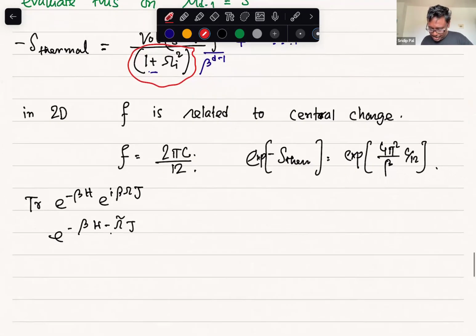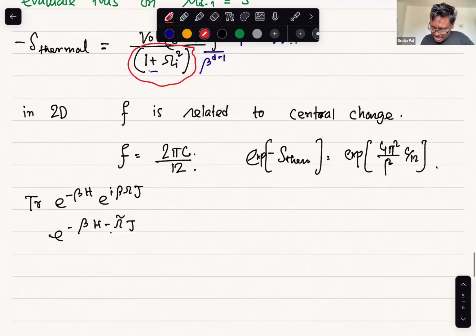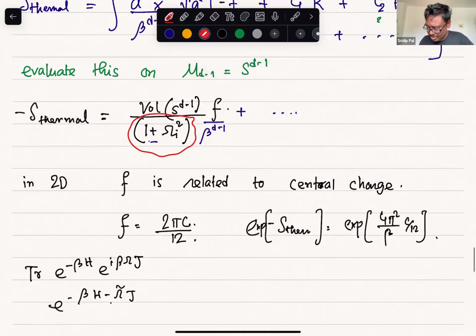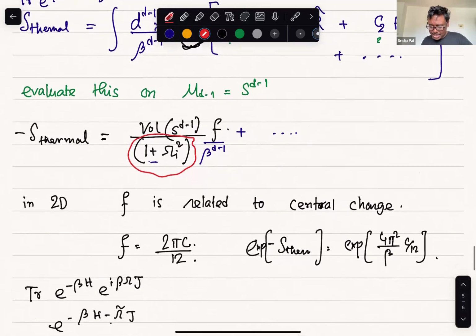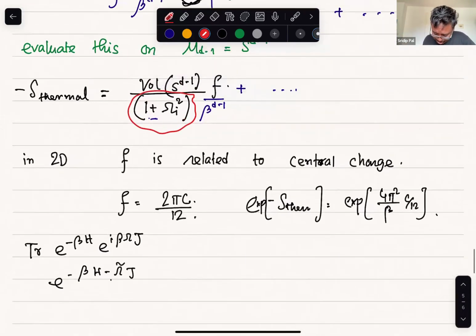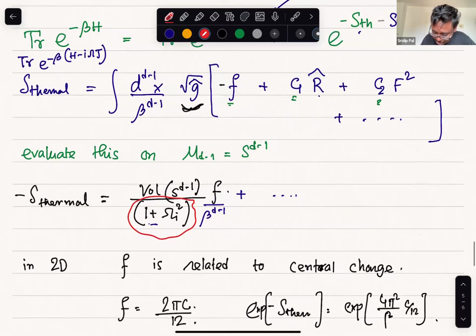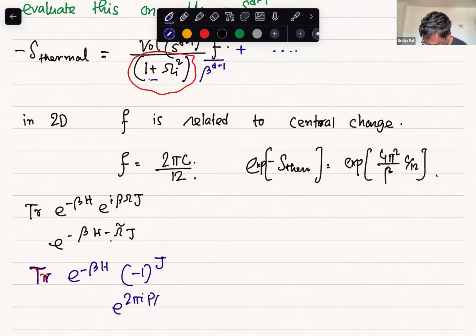Okay, so the main point is you have this expression here, and there is a leading term, and then you can evaluate this r hat, f square, and everything. And now the question is, once you know these coefficients, and coming back to the main point, whether one can figure out trace e power minus beta h minus 1 to the power j, or in general e power twice pi I p over qj.